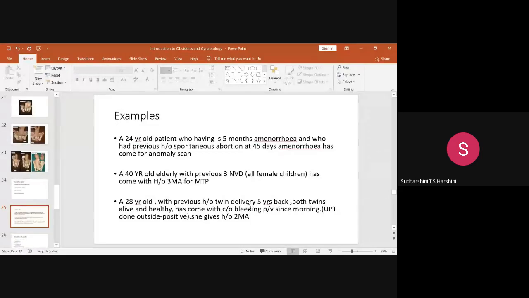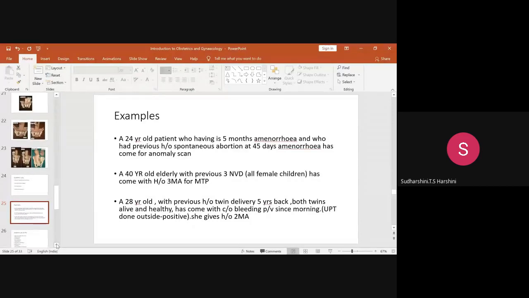See, what many of you will do is, you see it's a twin delivery with 2 babies crossing 28 weeks, so they'll say P2 L2. That is wrong. Though 2 babies are inside, it's only 1 pregnancy that has crossed 28 weeks. So this one will be gravida 2, para 1, live 2. Any doubts? Others, any doubts, ma'am?